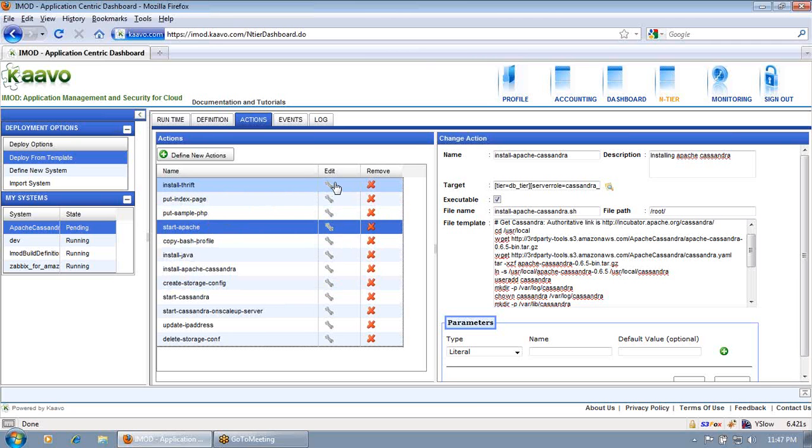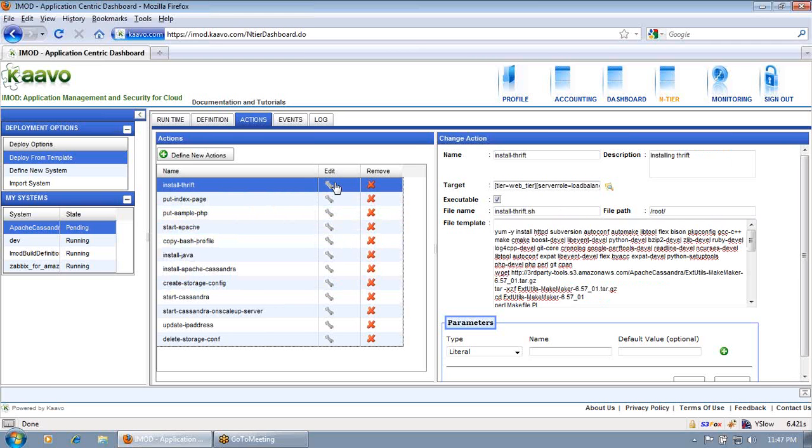One thing we may want to know is why we install Thrift. For developing programs in Java or PHP for interacting with Cassandra, we need Thrift. Thrift is a software framework for scalable cross-language service development.